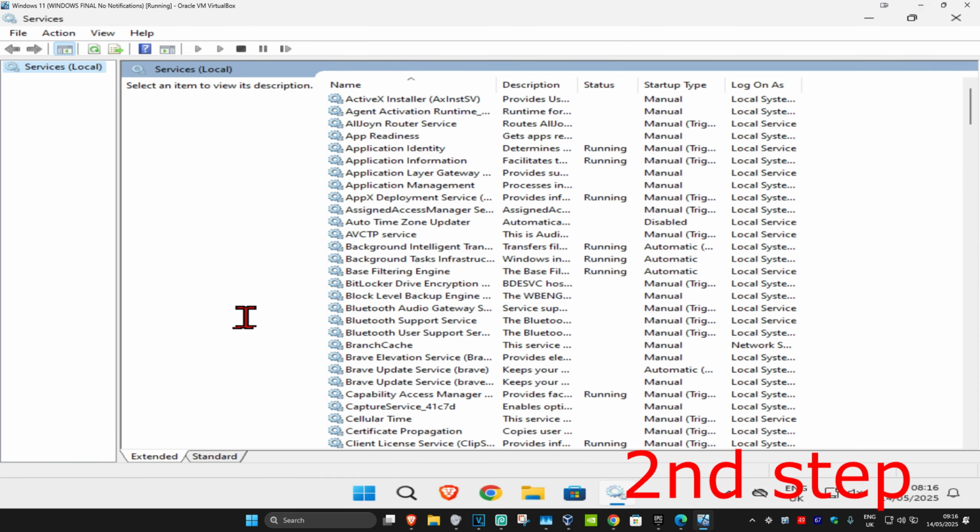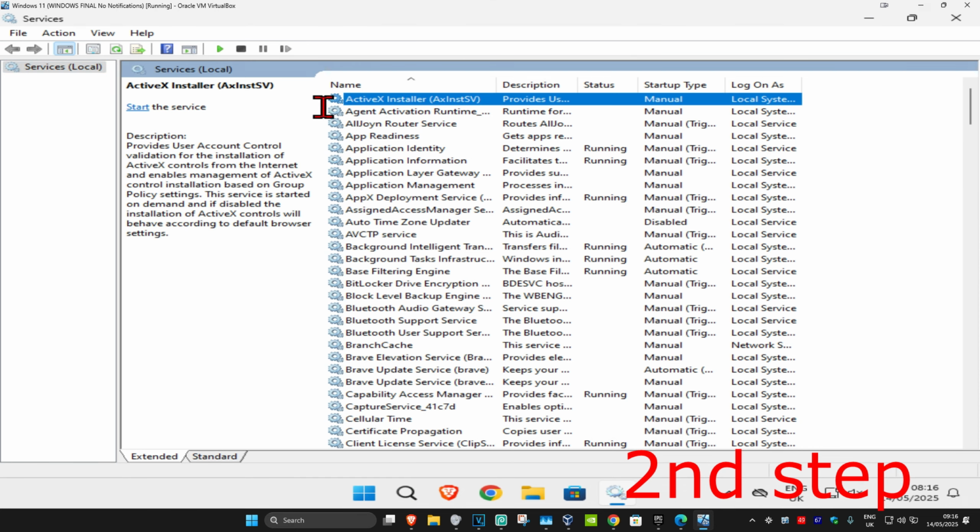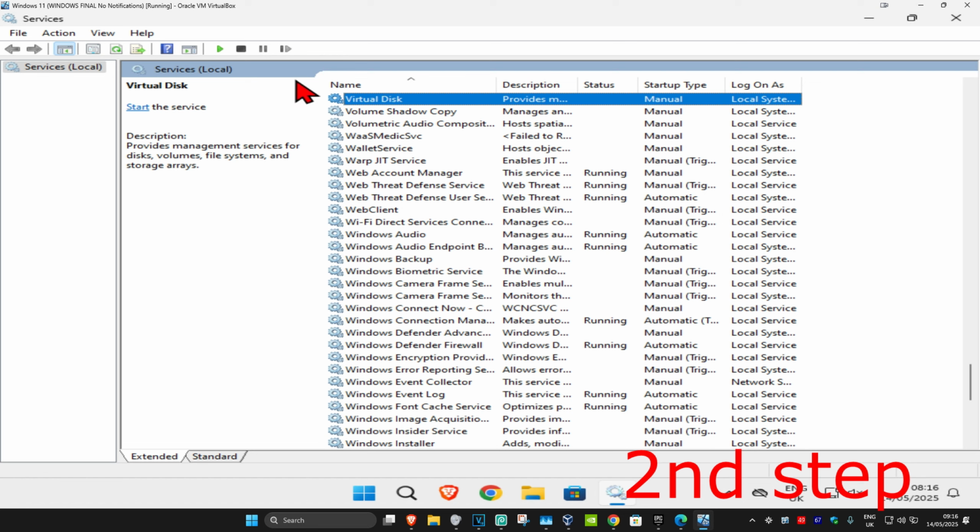Click on it. And now once you're on this, you're going to click on any service one time and then click on V on your keyboard. You're going to do the same thing. You want to find VMware Authorization Service. Again, I don't have it on my computer, but once you find VMware Authorization Service, you're going to double click